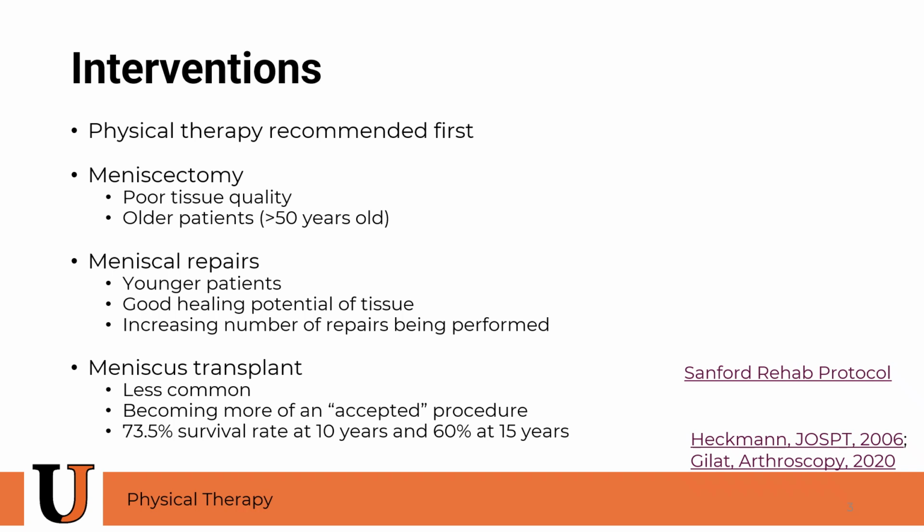When it comes to management of meniscal injuries, there's two broad categories, either non-operative or operative management. And it can be further broken down into four separate categories. The first would be physical therapy management, and that should always be the first recommendation unless the patient has significant impairments associated with it, where their knee is locking up all the time and they can't move it, or something along those lines. The three different surgical interventions that are used would be a meniscectomy, meniscal repair, and a meniscus